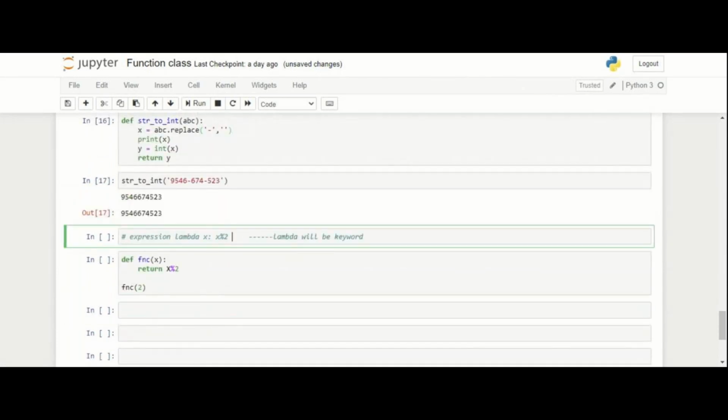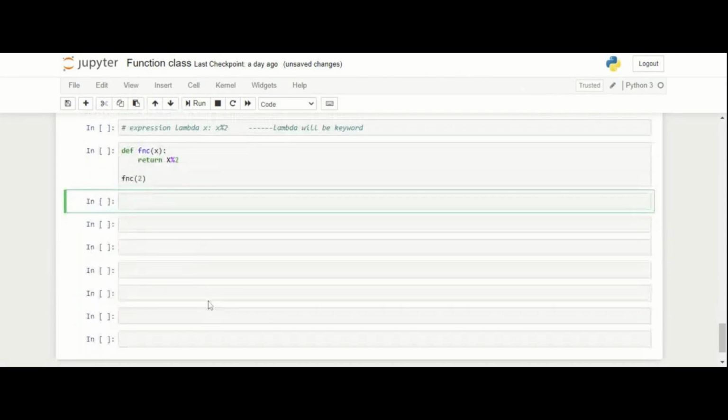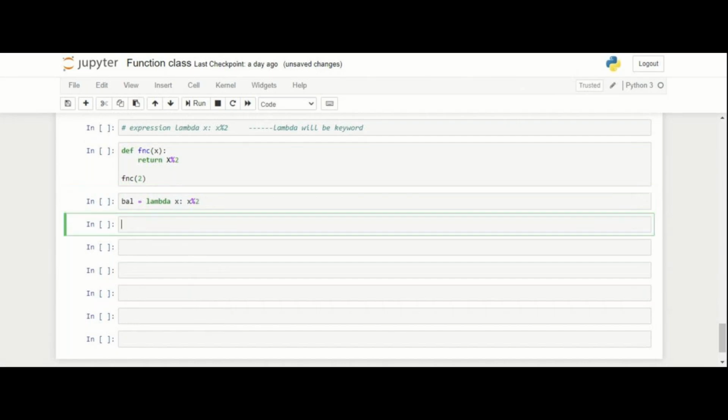For example, if I write BL equal to lambda x comma x % 2, I have written it like this, and then I am passing BL as 3. Okay, so what would it return me?